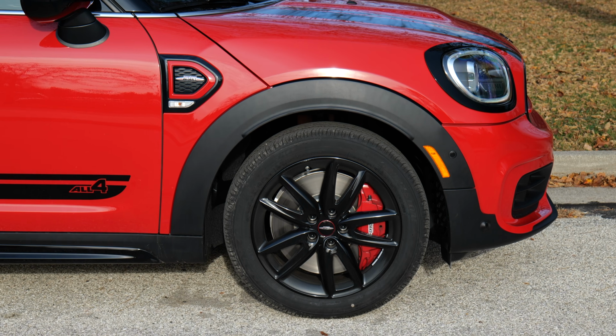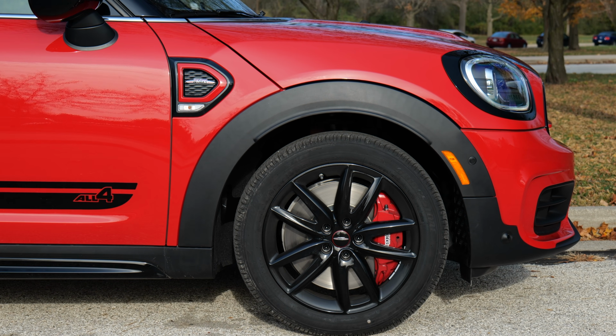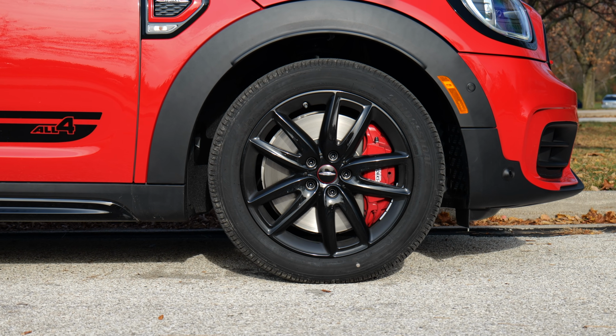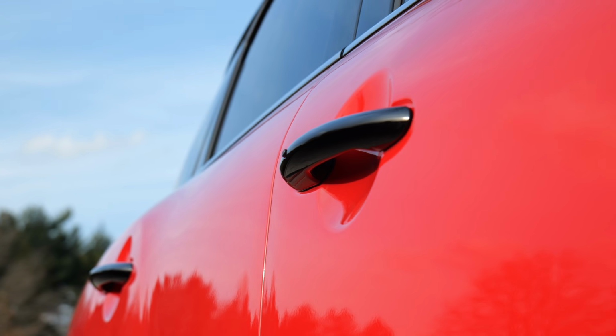Around the side, you have John Cooper Works in your front fender and an all-4 badge on your lower driver and passenger side door, reminding you that this is, in fact, all-wheel drive. You've got cool black wheels with red brake calipers peeking out from behind, and you've got a black wing mirror, black door handles, and around back it